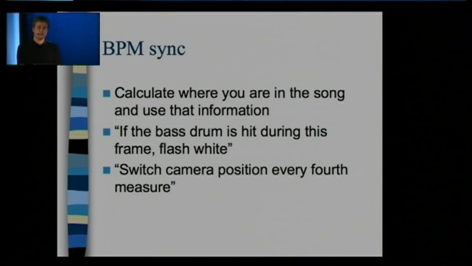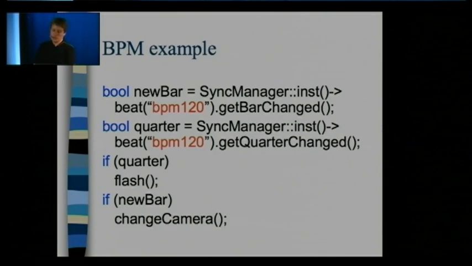So what this could mean in real life would be something like this. We have beat in the sync manager. It's declared again in the script file. I didn't write it here, but let's say we have 120 beats per minute in the song. For the beat synchronization, we can decide that when the measure or bar changes, you will change the camera position. So if you have unch, unch, unch, unch, it will switch every 4 unch,